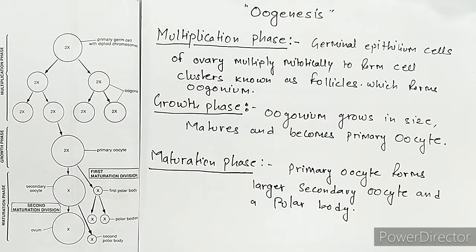And this maturation division only happens, and it remains suspended till the time of the union of male and female gametes. And the secondary oocyte which is produced divides to form a mature ovum and a second polar body as well. So this is all we can learn in gametogenesis of male and female,